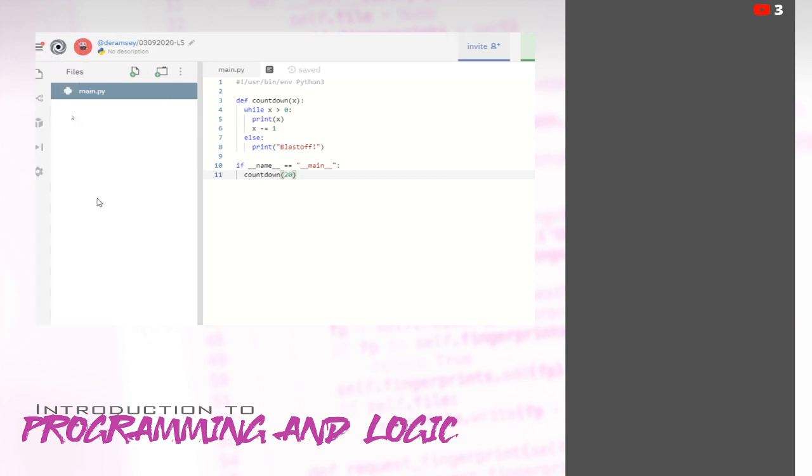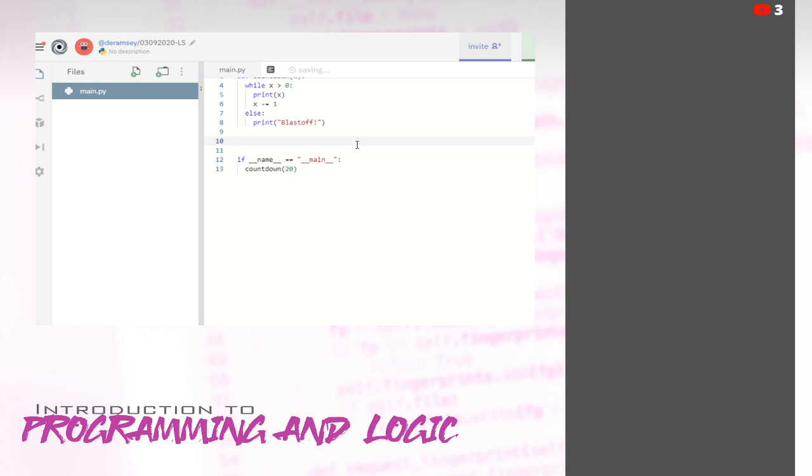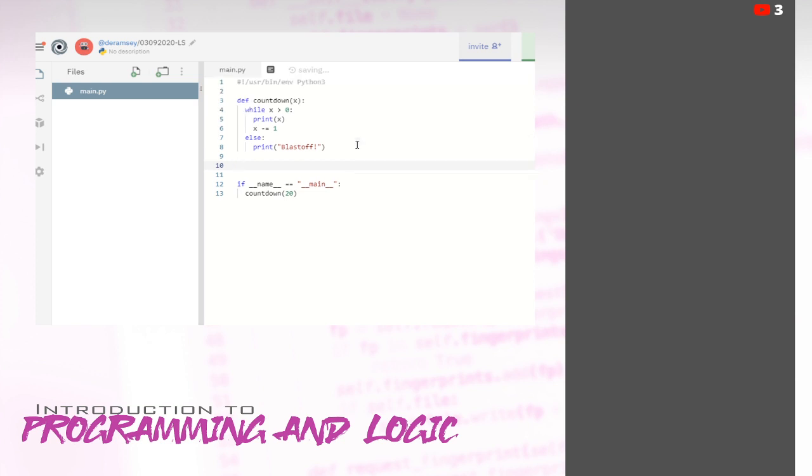And we could even extend this further by adding another function for our input. So we can add a def get_input and give it some kind of argument, we'll call it info for the time being.